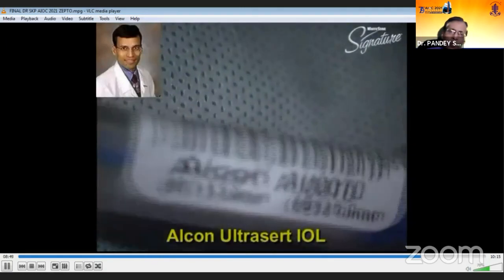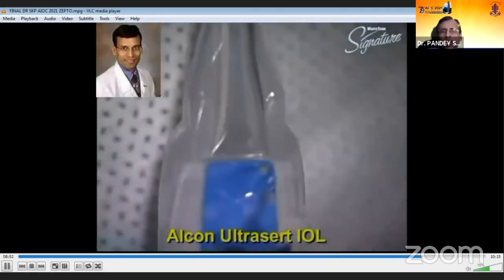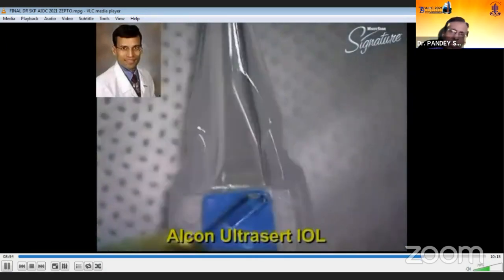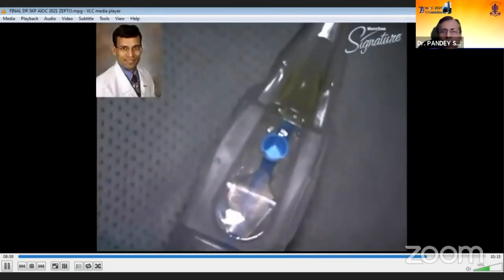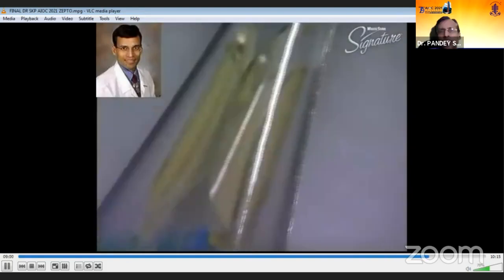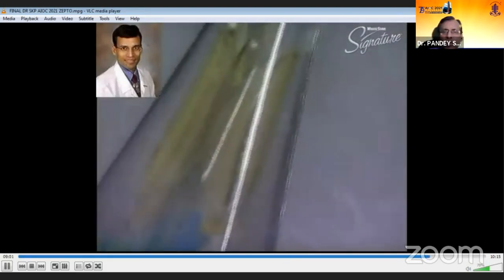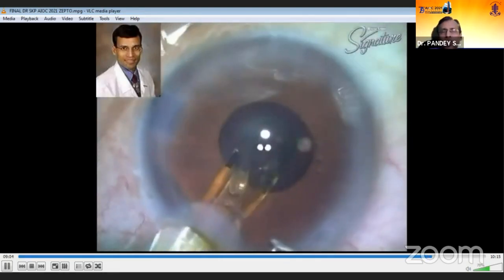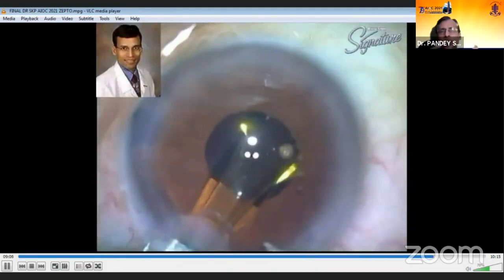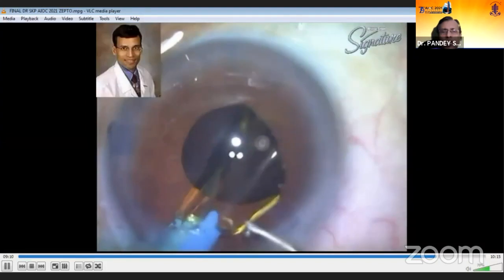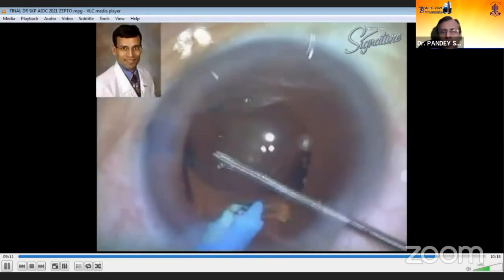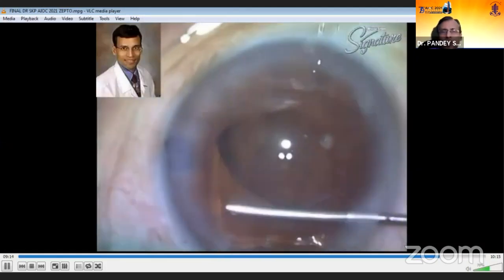And here we are inserting an Ultrasert preloaded lens. Preloaded lens has the advantage that this can be inserted through a 2.2 millimeter incision, and the preloaded technology minimizes or avoids any incidence of touching the lens optic or haptic, and it also saves time in busy ophthalmic practice.